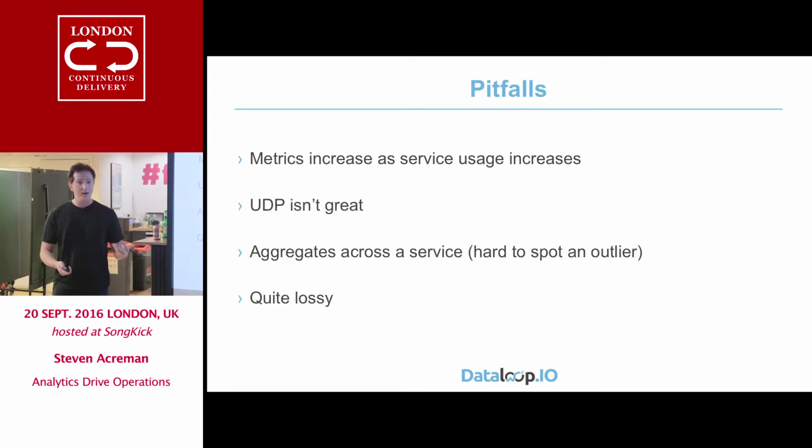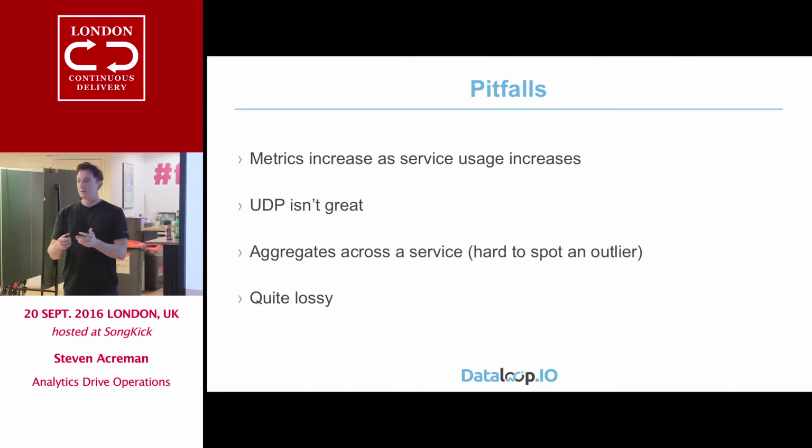As the throughput of the service increases, the number of metrics emitted from statsd increases. UDP is not great. We'd have issues, and sometimes they were network related, and you just lose all the UDP packets. The other annoying bit about statsd is you're normally taking all these metrics into a central point, and then you're performing calculations on them. So if it's a timer, you'll get percentiles, or if it's a counter, you'll get a rate, automatically calculated, but you lose all this data, it'll just aggregate it all.